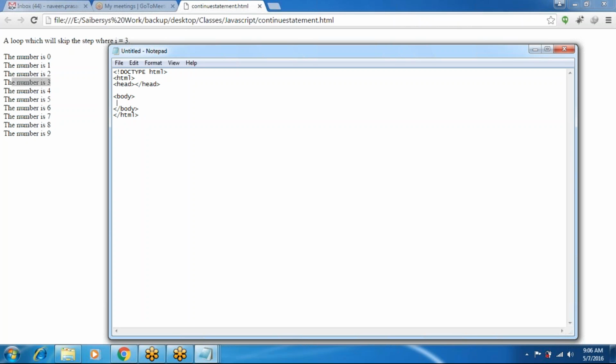In this body section you have to design the registration form with first name, last name, and phone number.